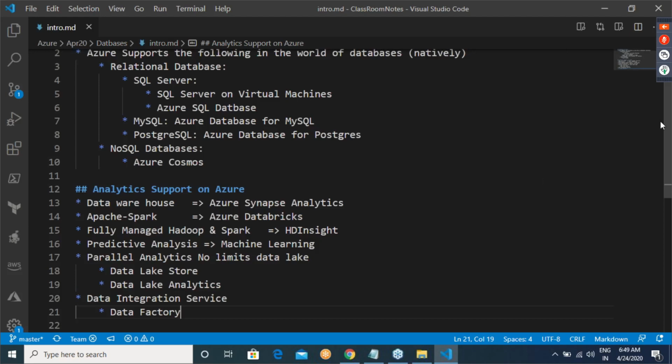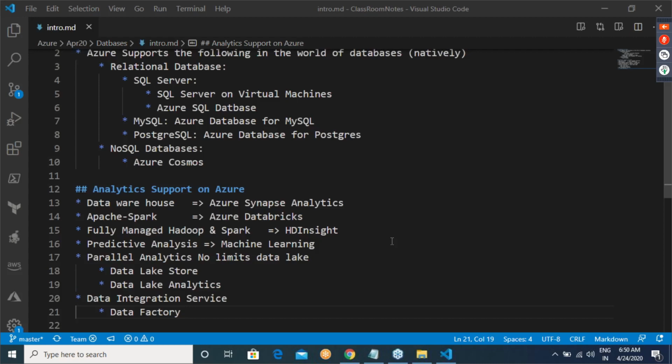So, when you deal with Azure, and if you come from the huge data world, if you ask me what are the different product lines that Microsoft basically supports when it comes to data or databases, then this is what it is all about.